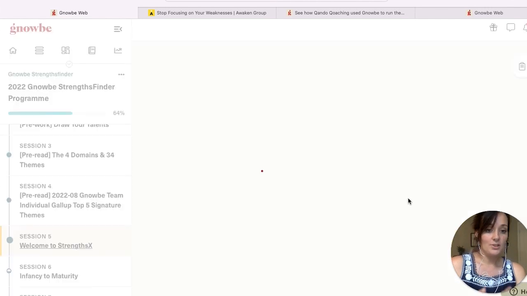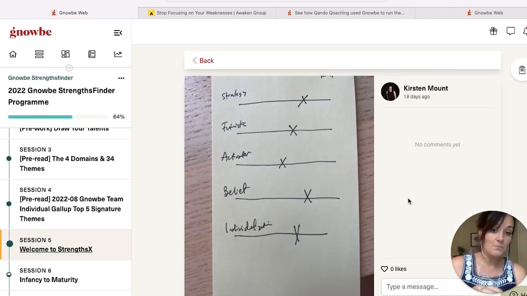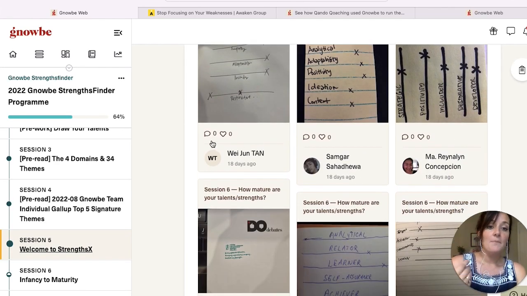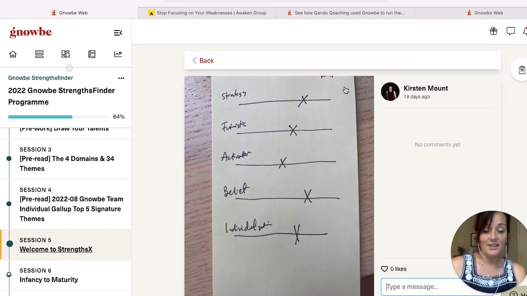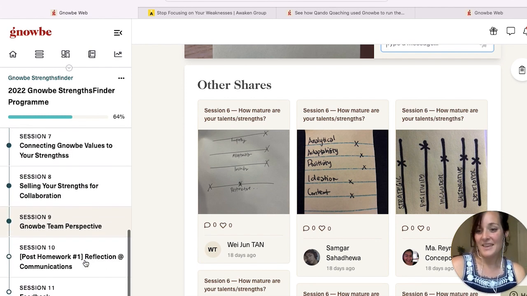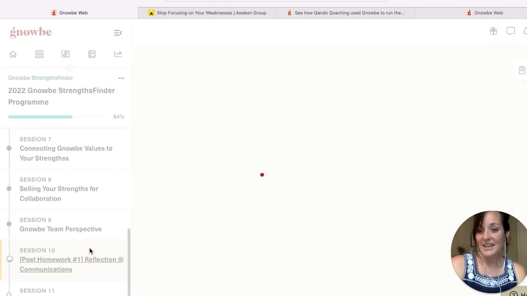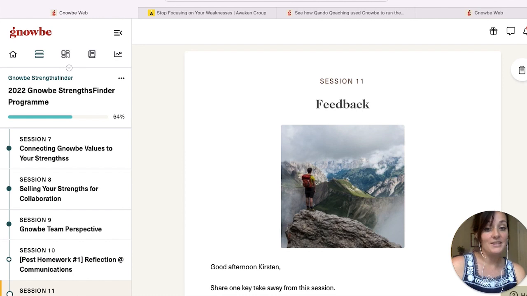the group wall. Then they could pull up the group wall on their screen and start talking through different people's answers, and people could be liking and commenting and seeing the way that everybody else was interacting. This was cool because there were people from all over the world, but it felt like everyone was all in one place at the same time. Then after the event, they even had some post-homework things and a feedback session where they collected all of the surveys and everything after the event as well.